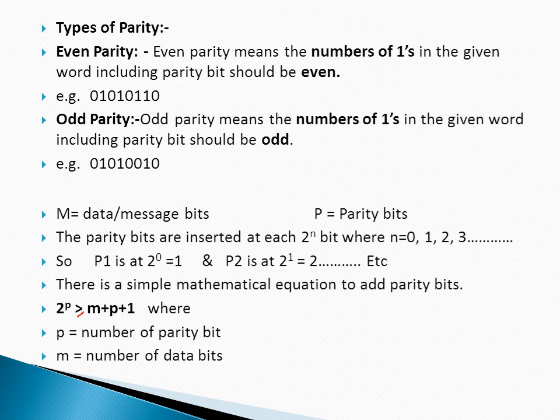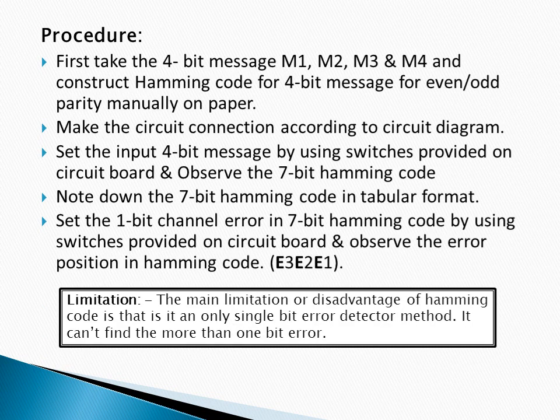For P1, you put 2 raised to 0, which is equal to 1. For P2, n is equal to 1, so you get the value 2. There is a simple mathematical equation to add the parity bits: 2 raised to p is greater than or equal to